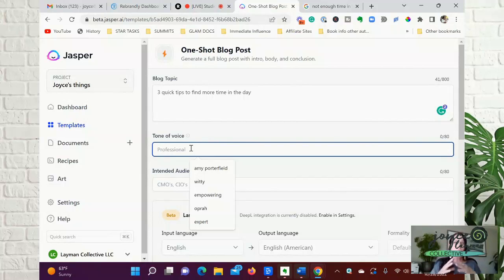What Jasper is doing is searching the internet to see what type of content has been created. Now, one of the big questions that came up: do you have plagiarism issues? I have never run across that. These are very simple blog posts. If I was writing a third book, then yes, I would use a plagiarism checker to make sure that Jasper had not used something that somebody else had created. But as of yet, I have never found that to be an issue. That was one of the last questions asked, by the way.